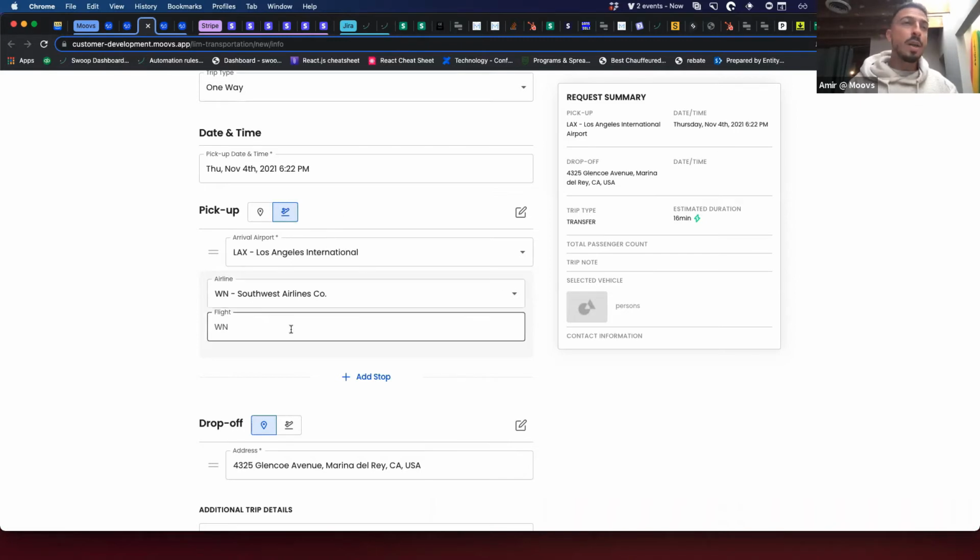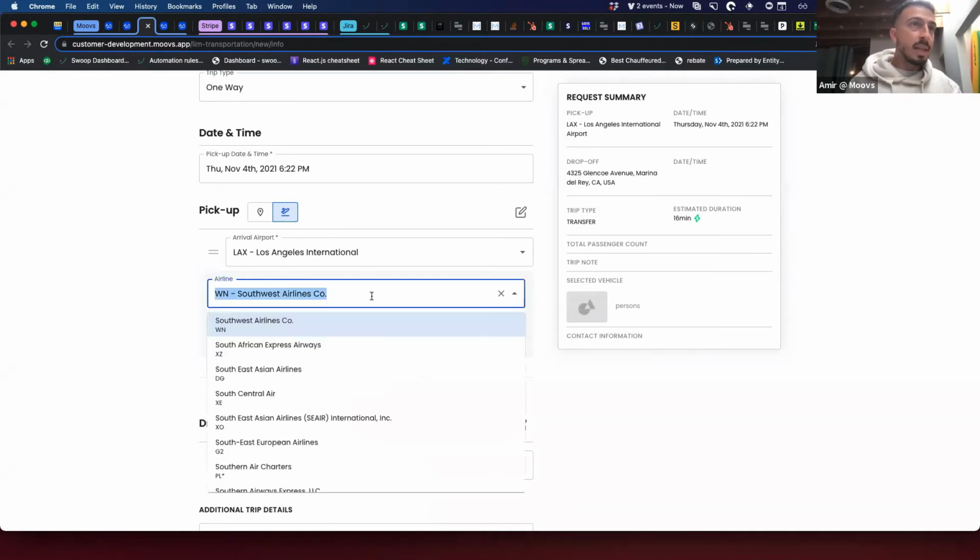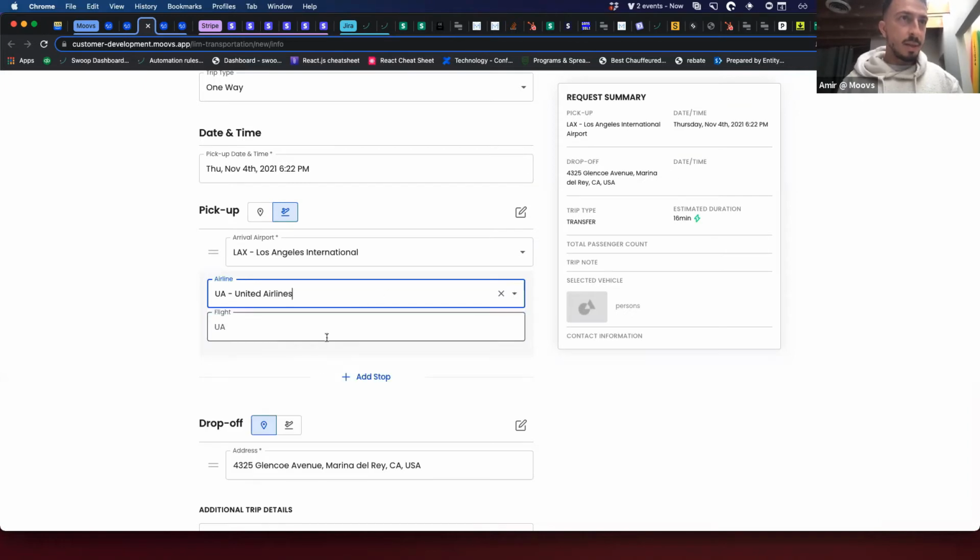I think one of the things we're doing in this release as well, I know this was a hugely requested feature. I know Vahid, who's on the call, had mentioned this to us, and a lot of other operators as well. So we were hard at work at fixing this booking experience for customers, which is the flight information input. So what I'm going to try here, hoping this is the right flight, is 515.